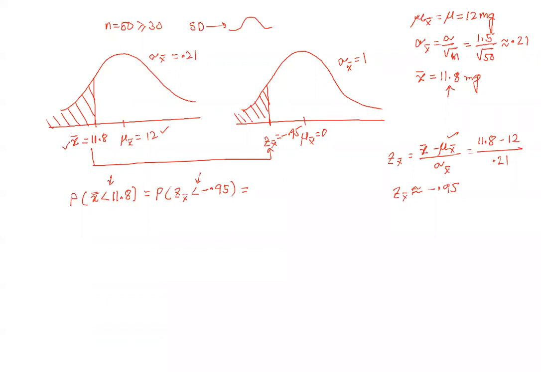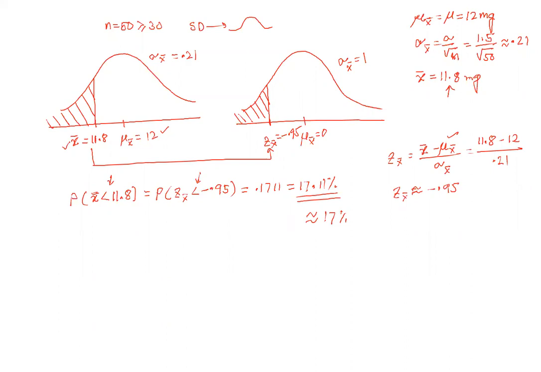Less than negative 0.95, 0.1711, 0.1711, that is 17.11%. So there is a 17.11% chance, or say roughly about 17% chance that, okay, if the manufacturer did not do a single thing and